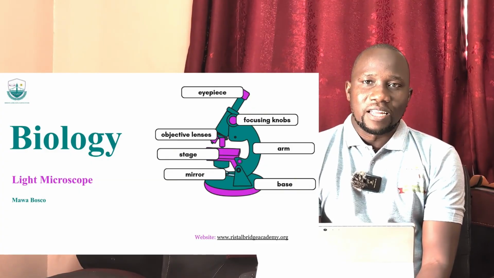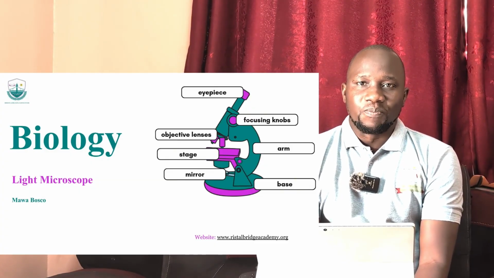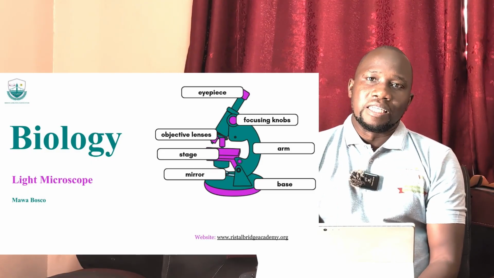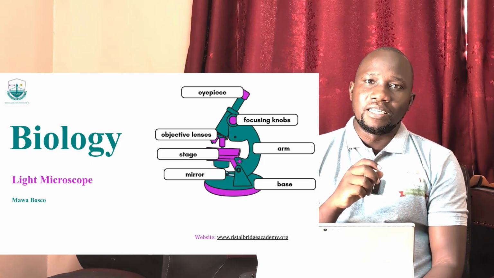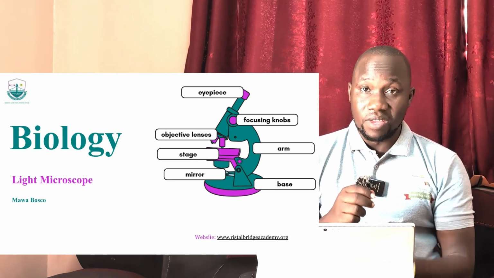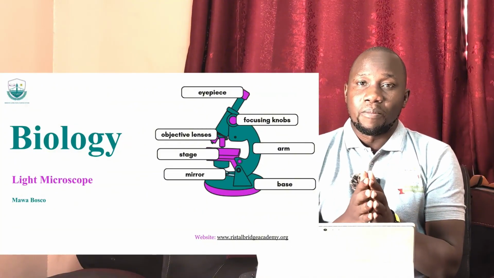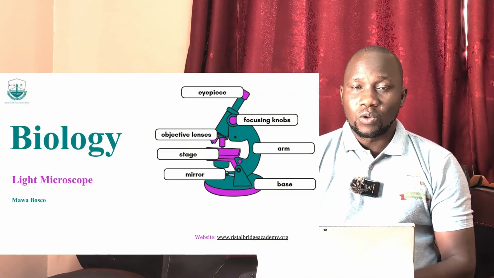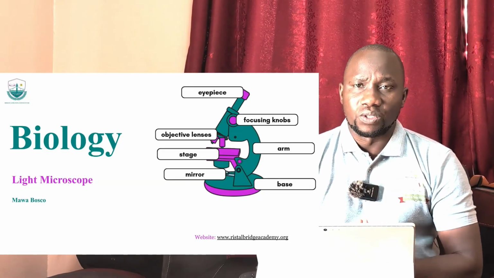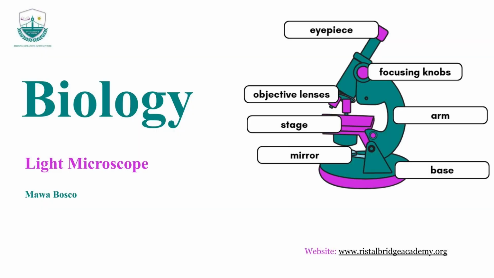So if we say that the eye is aided, it means that that eye is having a device that is enhancing it to be able to see things in details that it would otherwise not have been able to recognize. So that was the hand lens, and we talked about the limitations that it has. Therefore, that means that we should be having another device